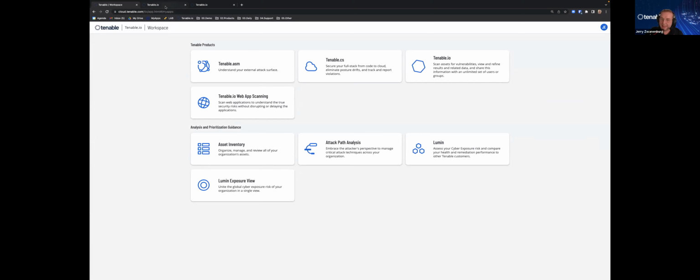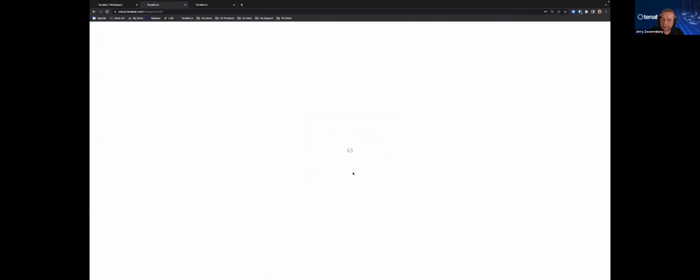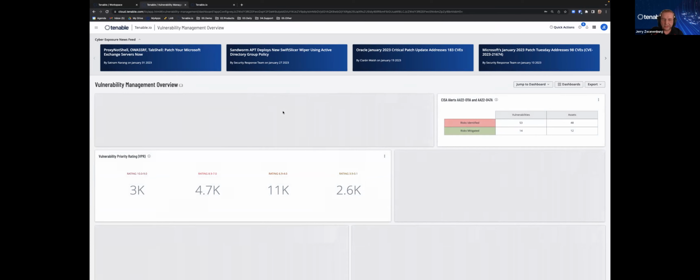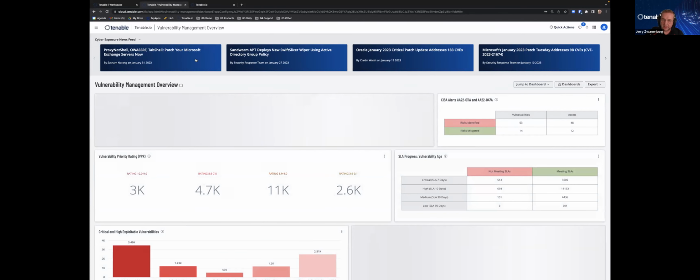Now, if I go to Tenable.io to show you some other use cases there as well, in order to drive your vulnerability management program, click the right credential, and when you're logging into your Tenable.io environment, you can immediately see with the dashboard already what is relevant for you. And not only can you see the cyber exposure feed if you want to see that, but you can also double click on the links,